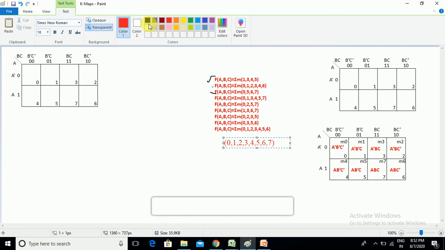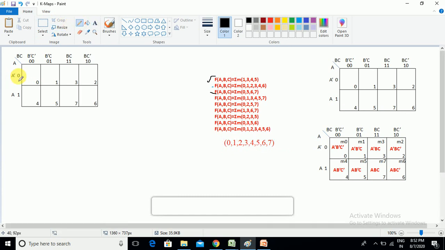So let us consider, we need to select all the cells. This is also a very important problem. Whenever in a min-term simplification, in any k-map of 3 variable or 4 variable, all cells are selected, then the answer will be 1. Here we can directly create a single group of 8. You know that exponential groups are possible: 2 to the power of 0, 2 to the power of 1, 2 to the power of 2, 2 to the power of 3. 2 to the power of 3 becomes 8. So here we can create a single 8 cell grouping.